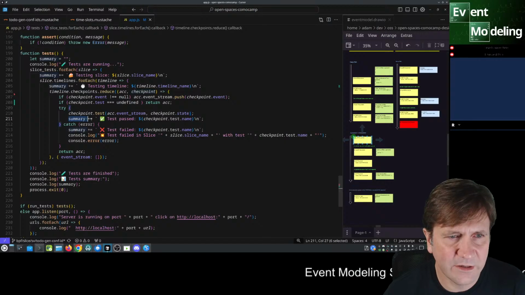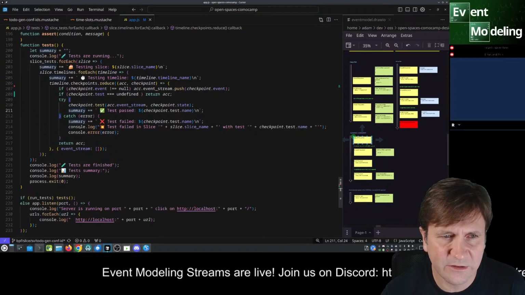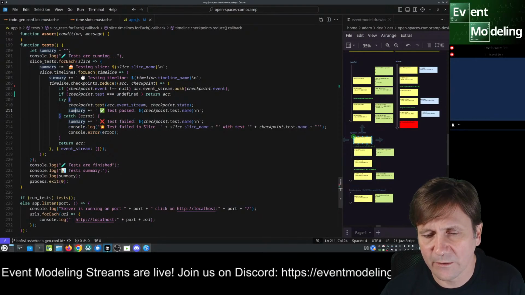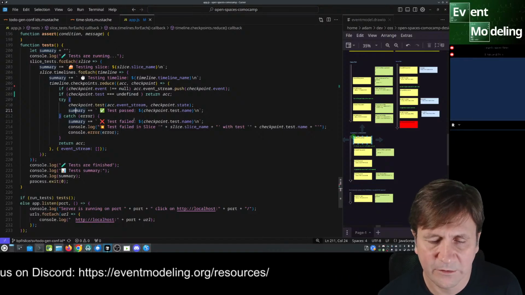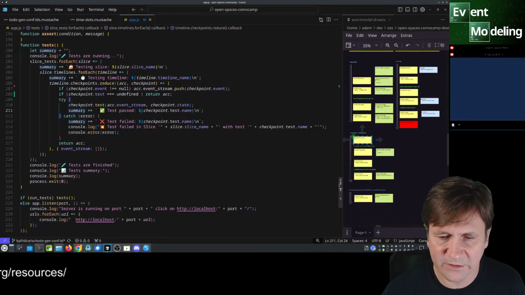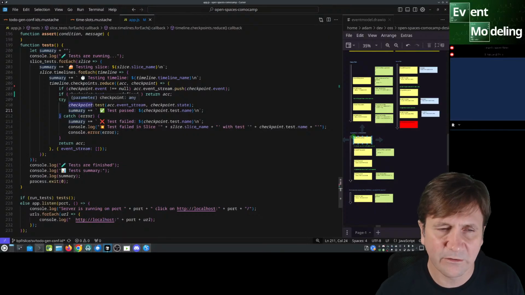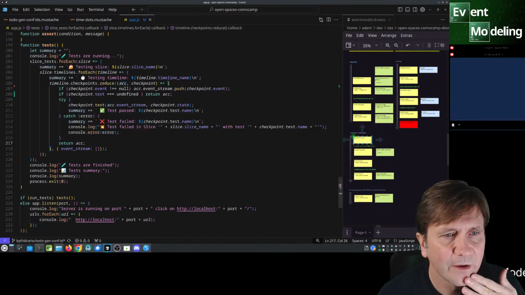I do like the summary because I want to be able to console log things and add things to the summary so that we have the test runner results at the bottom of our terminal. And if we need to, we can scroll up to see if there's any shenanigans going on with the console log. So hopefully that works for you as well.